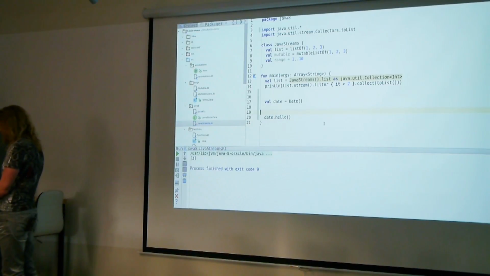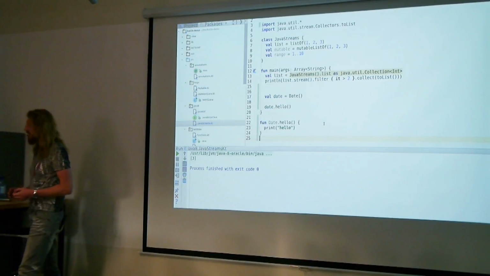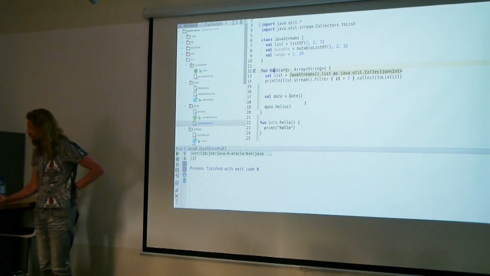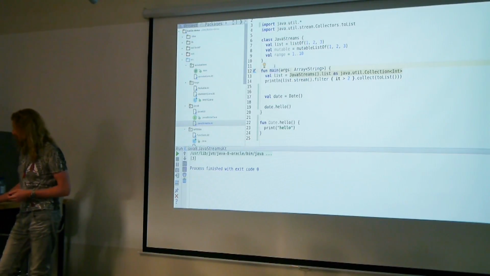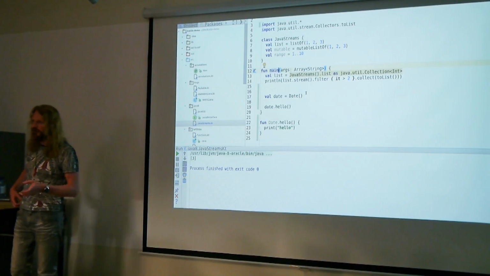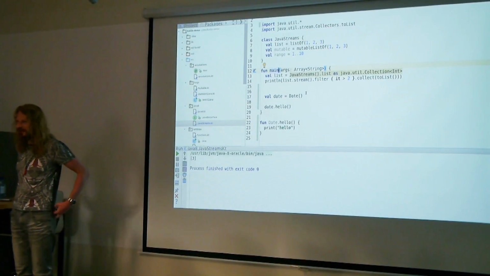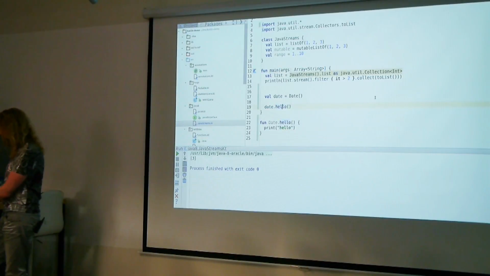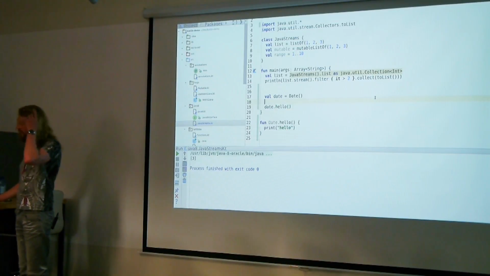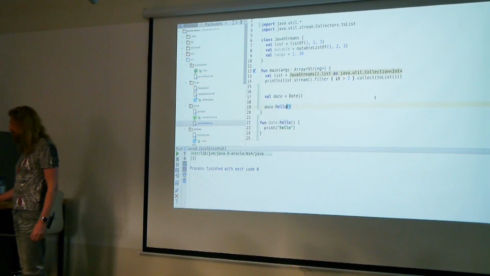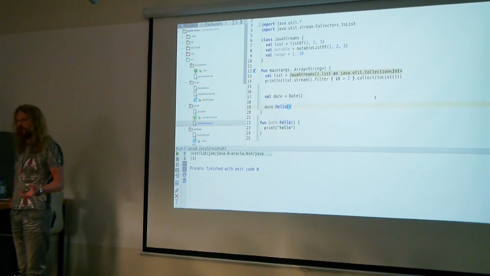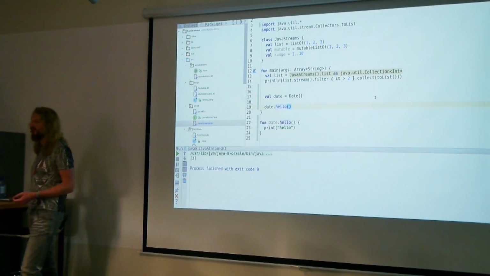Kotlin also has the notion that functions are first-class citizens, so I can define functions outside of classes. The proper way of writing the main method in Kotlin is like that. I just define the main function, and it actually generates a Java public static void main for me. So yeah, this is a very powerful thing, and Kotlin itself uses it a lot. Most of the Kotlin runtime library is actually this kind of extension methods for collections, for threads, for many things to make things simpler.